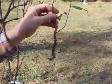Now I'm not interested in this because my woods are filled with these, but what is it? I think it's water oak. Oh. But anyways,